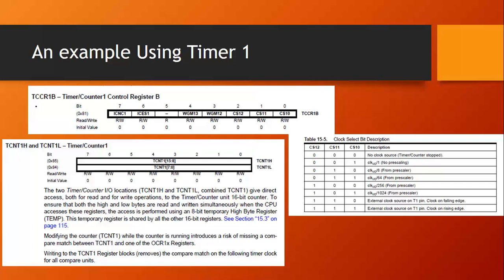So there's a few registers we have to speak to. The TCCR1B register, that is your timer counter control register B. Now the important thing that we are concerned with here is basically we are going to focus on those 3 bits there in this register, and the reason why that is important to us is that it allows us to set the division factor, or to set the prescaler, and so